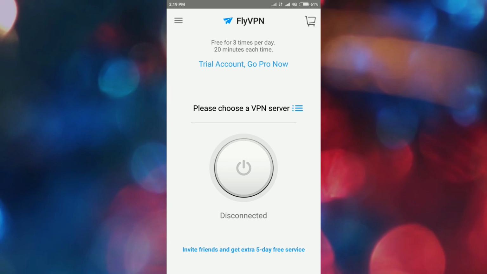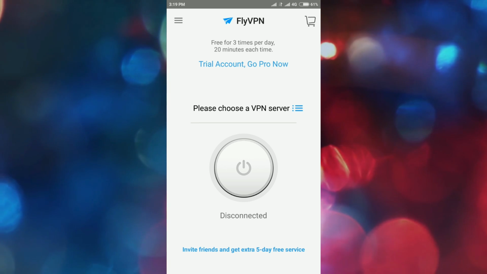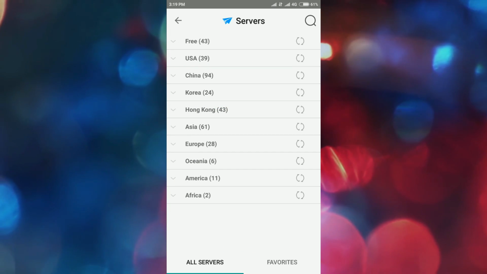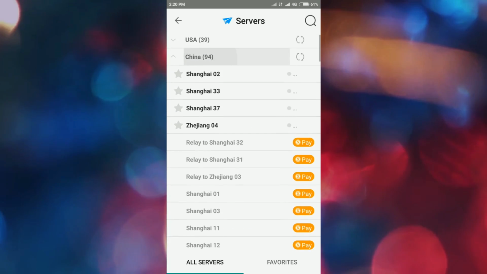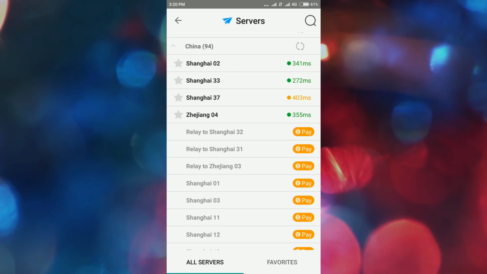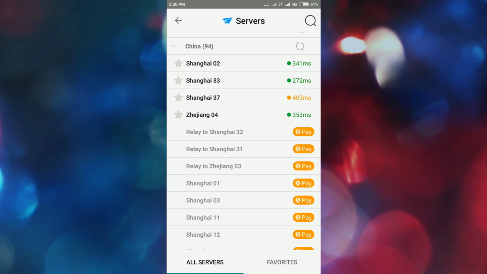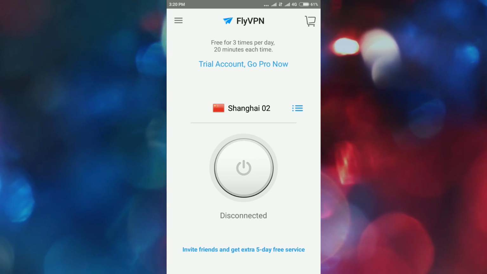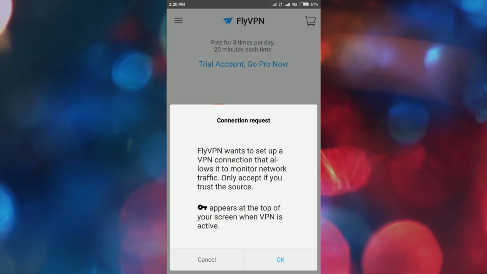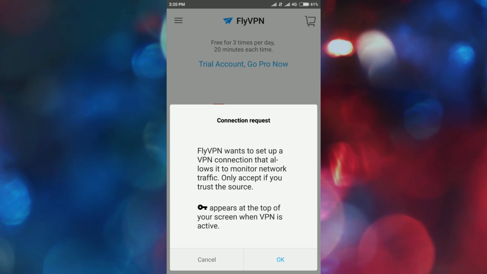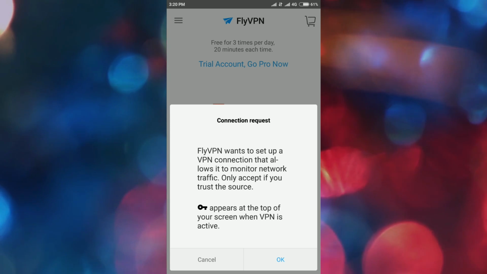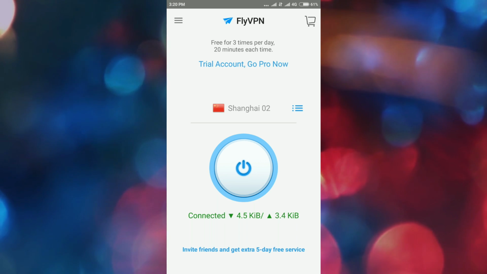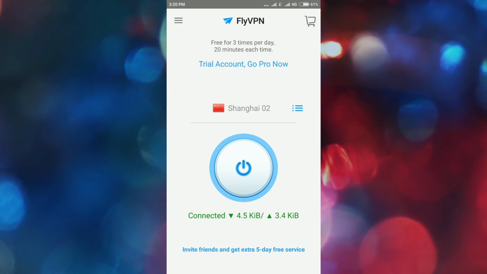So that is all: you need to click at the top headline, and after that choose China, and at the top Shanghai 2, click on it, and after that click on the power button. It will show you a pop-up like this, so click OK, and now it's connecting, and now it's successfully connected.